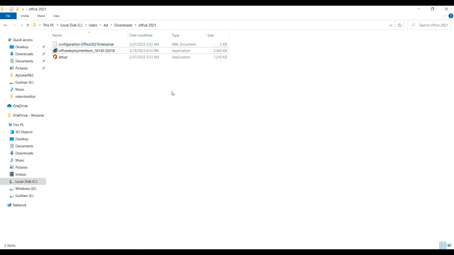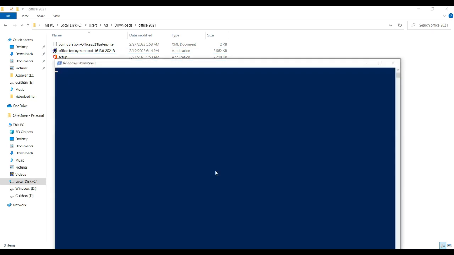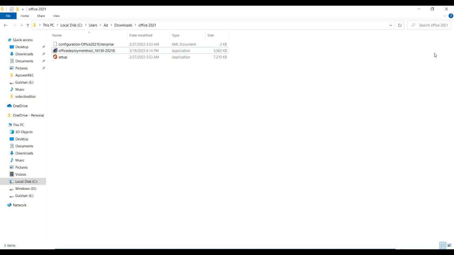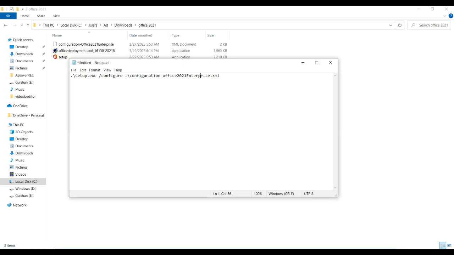And now what you have to do is press shift button and right click from your mouse, and here you can see open PowerShell window here. Okay, so I'm gonna give you a code which you have to paste here. I have written that code in my notepad. You just have to copy this